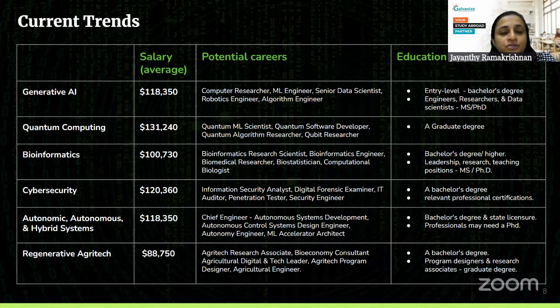Now, if you see in all of these current trends that I have talked about, a bachelor's degree is more than enough. But if you want to progress ahead, if you want to be at a position 15, 20 years from today, where you are at a managerial level, where you're doing active research, then you definitely should think about getting a graduate degree. Whether you finish your bachelor's, work for some time, and then decide to do that, or go right away after your bachelor's, all of that is perfectly fine. But these are the thoughts that you need to start cultivating so that you are able to plan your future.